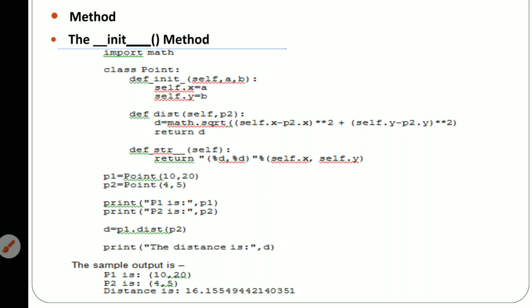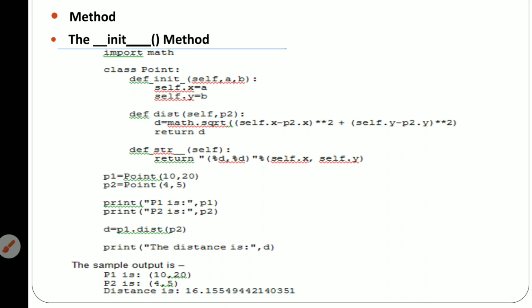Self is an argument that references the current object, the one invoking the method. Just as pointers are used in C++, in Python we use self.